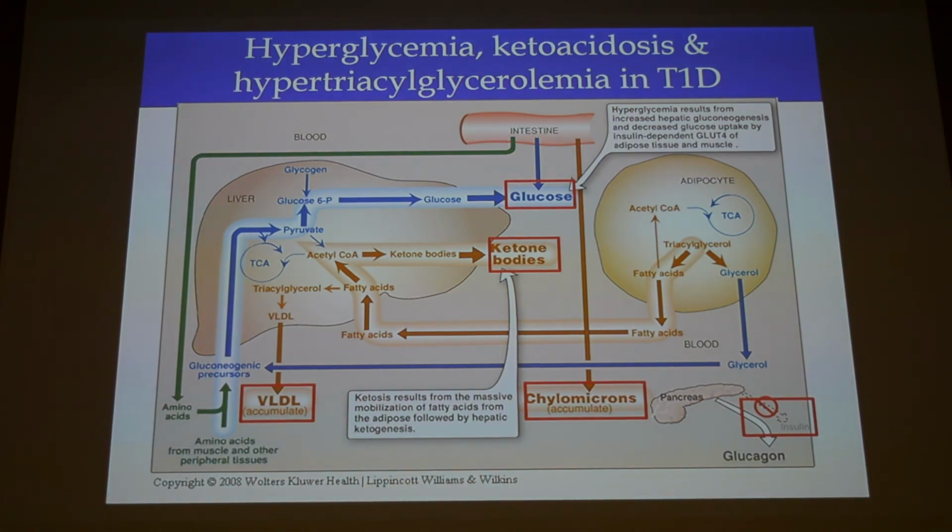Yes? If I have no insulin, then wouldn't this increase the lipase in the muscle tissues? Say it again. Okay, insulin increases the lipase in the adipose and less in the muscle. So if I have no insulin, now the LPL in the muscle will increase. I said insulin has an effect on the two lipases, and it's an opposing effect. In the muscle with no insulin, the lipoprotein lipase will increase.